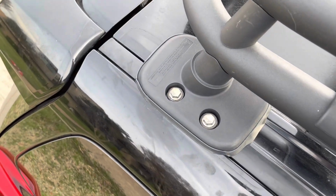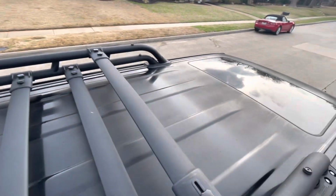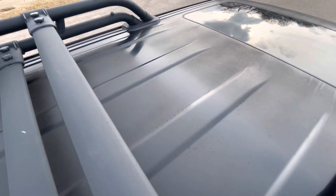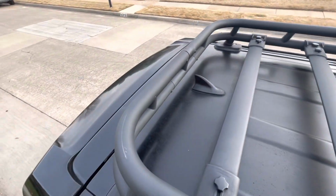Alrighty, so now my bolts are hand tight. I'll probably take them by somewhere or borrow a tool to torque them down to whatever spec is, but I mean, this piece is on there. So look at the roof, it looks a lot better. You can still see where it's got the gunk on it, but this truck's 13 years old, so for it to look perfect is not